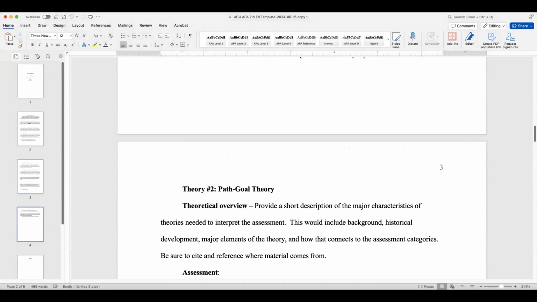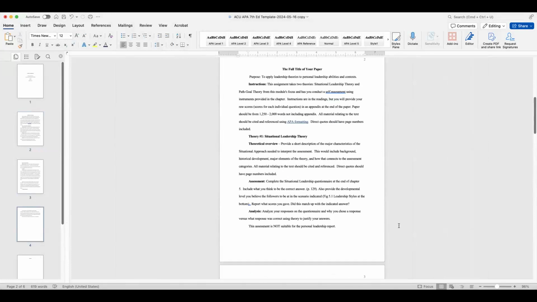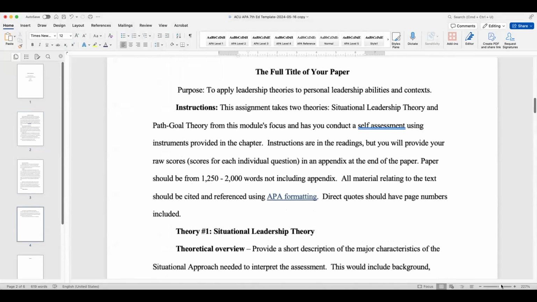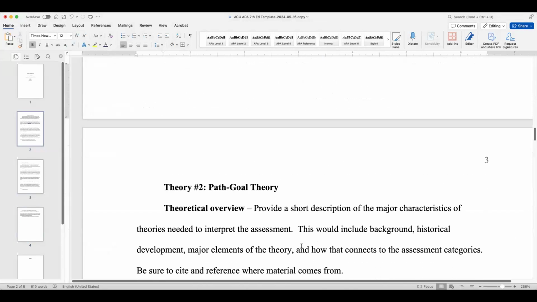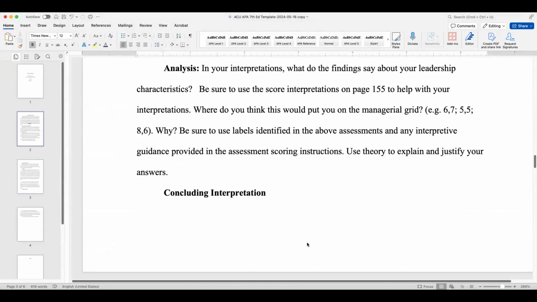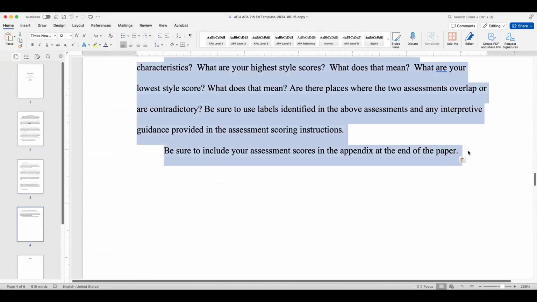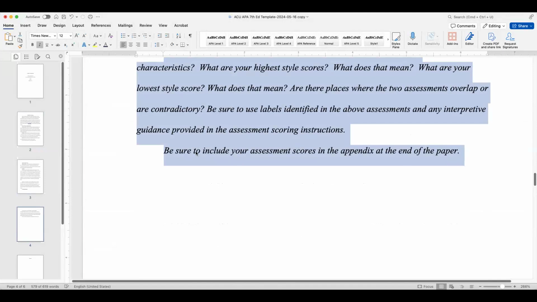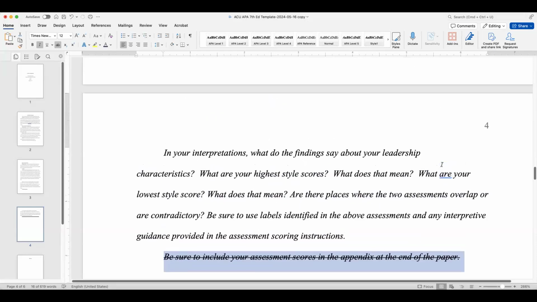Now that's a lot. We have literally a couple pages of instructions here. So one thing that I would strongly recommend is to go through and see anything that you feel, I don't need to see this, I understand that, and delete it so that you're looking just at the list of what you need to do. So for example, as soon as you add your assessment scores at the end, you can go ahead and either cross this out or just delete it.